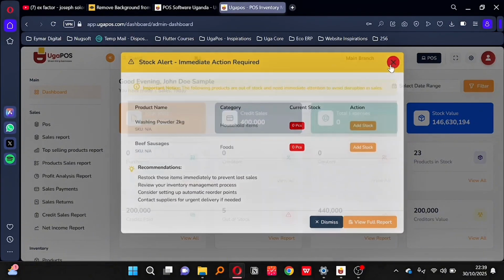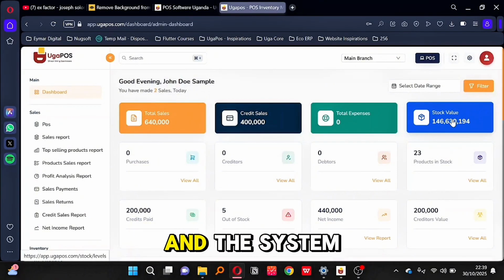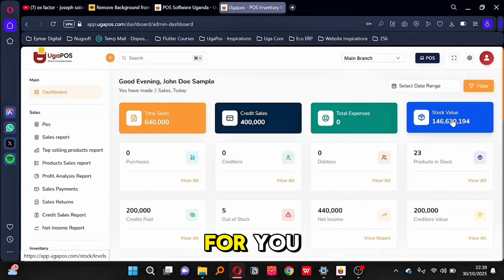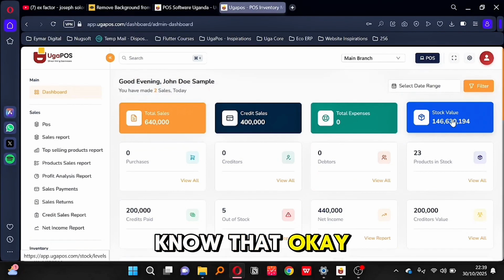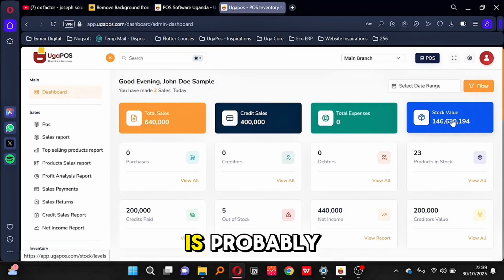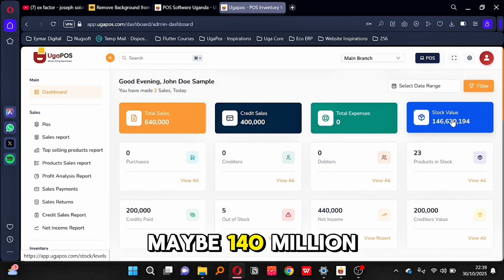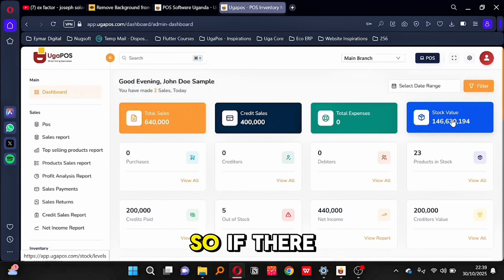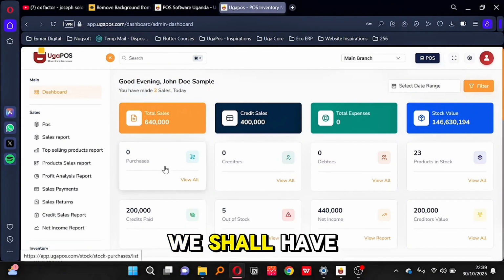that particular day, the total stock value, and the system will be in position to quantify the stock value for you. So now this is stock value as per buying price. So you'll know that, okay, in my shop the stock value is probably maybe 140 million Ugandan shillings. So if there's any purchases done, we shall still have a log here, and if you click here, it will take you to the detailed